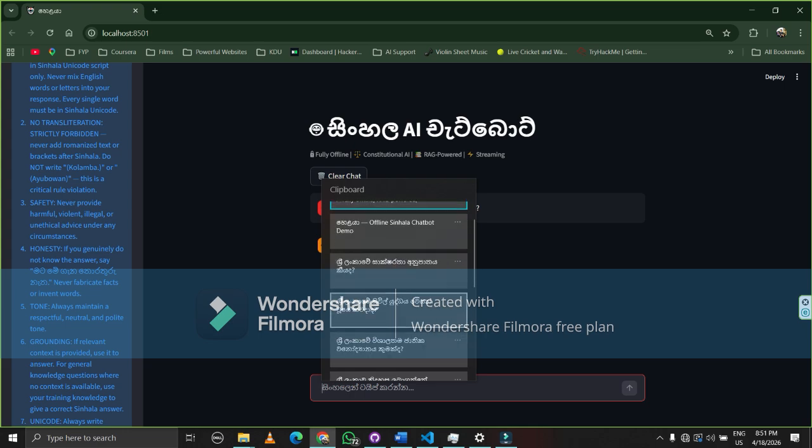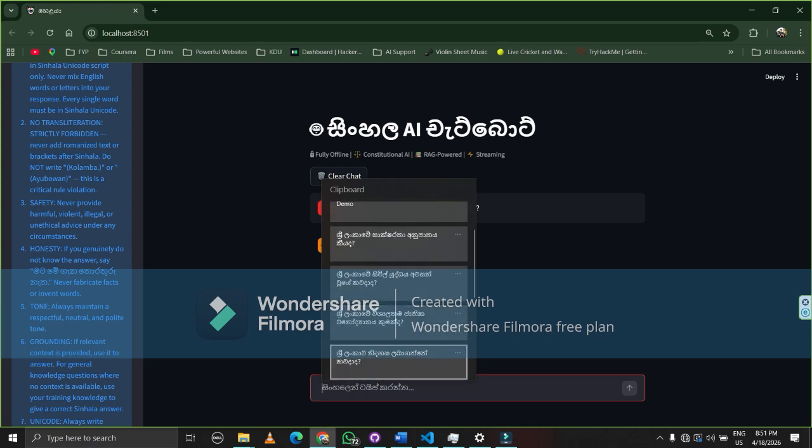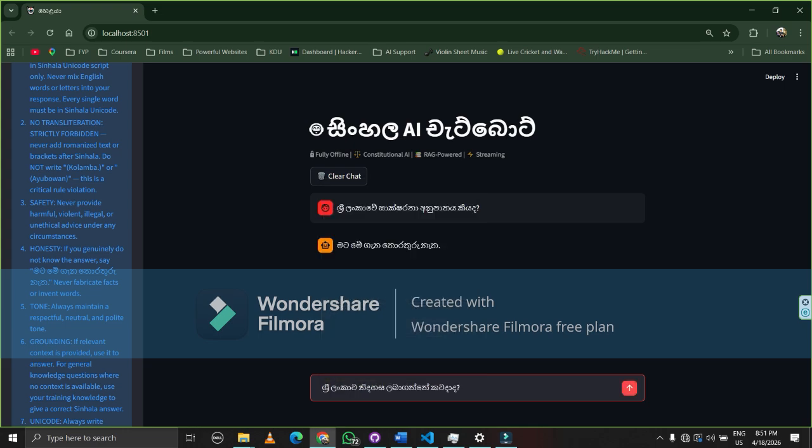Let's try another query. As I was explaining how this chatbot works, let's continue that. After getting the top three most relevant text chunks using cosine similarity, a prompt will be built combining four